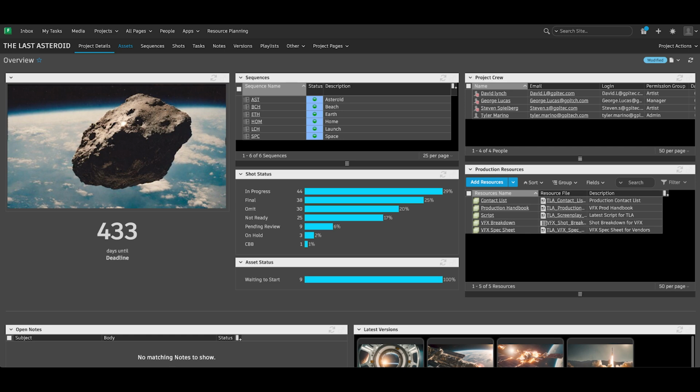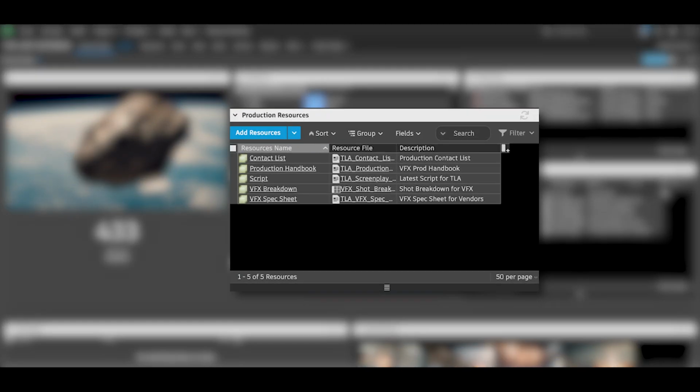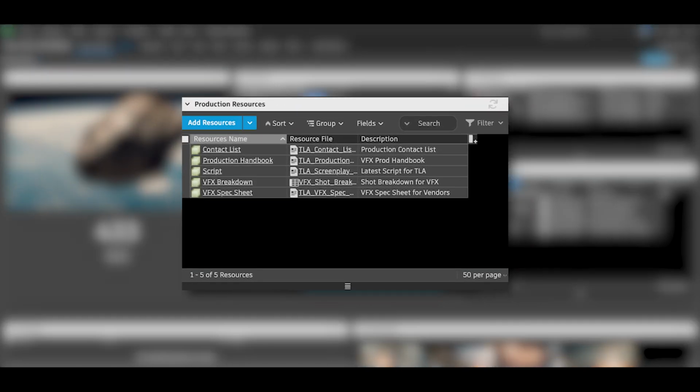Throughout this series, we'll show you how to expand the default layout for Flow to best fit your production needs. Today, we're transitioning your homepage into the Ultimate Resource Hub. We'll start by creating a new custom entity called Resource, then adding the entity to the project details page. The resource entity will act as a central depot for crucial documents like production specs, contact sheets, handbooks, and the